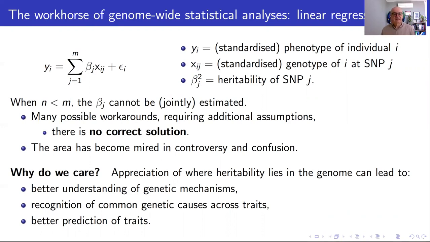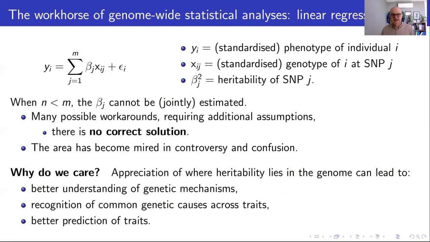So we have a standardized phenotype and standardized genotype, and under those conditions, the regression coefficients, when you square them, are just the heritability of a SNP. Heritability is a good currency for causal effects because, to some extent, it combines the effect size with the MAF, and both are important. We'll be discussing that more as we go along.